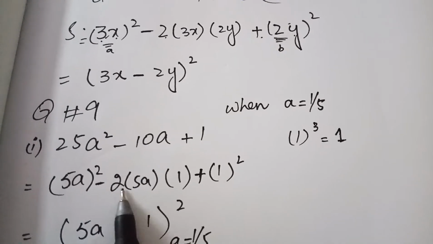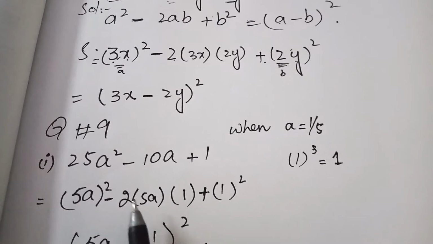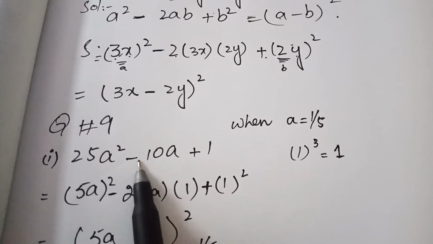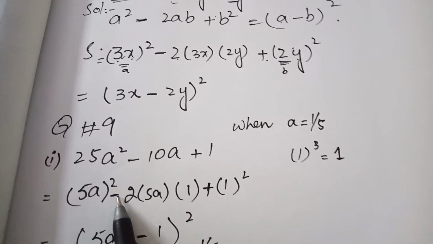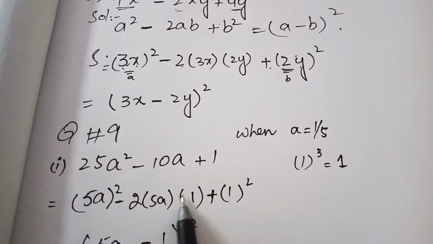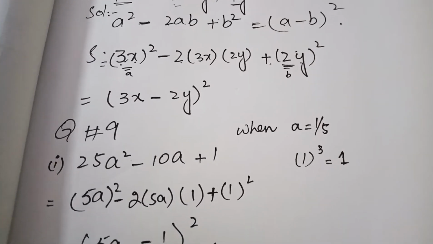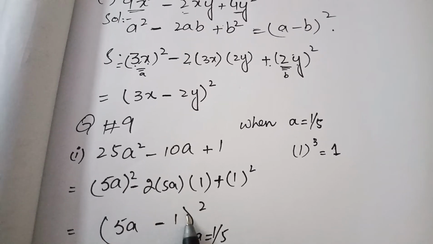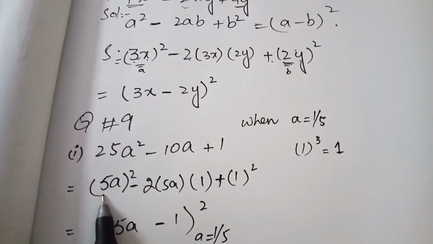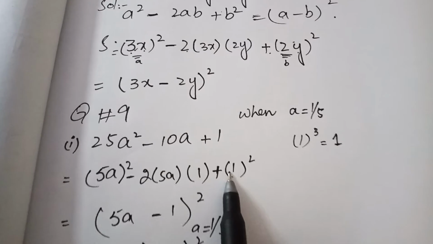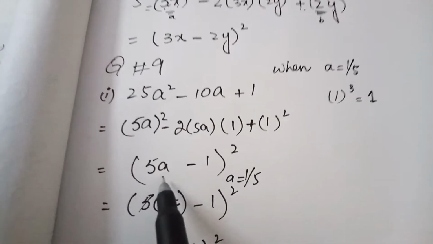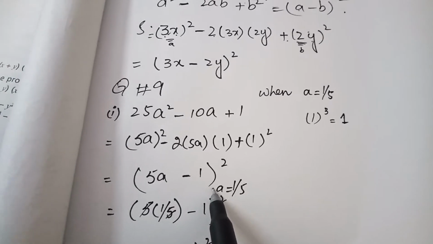(5a) square minus 2ab, this is b square, then you have to write 2ab. There is the sign of minus, then the same sign will come down over here. a square minus 2ab plus b square. Then you will convert it in the formula, that is (a minus b) whole square. What's the value of a? That is 5a. What's the value of b? That is minus 1 whole square.